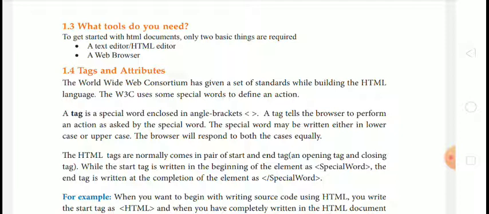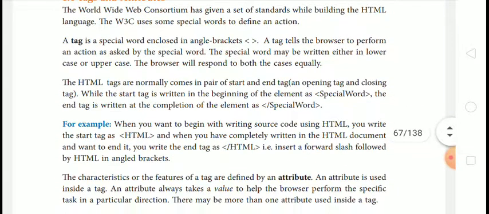First is a text editor or HTML editor, and the second is a web browser. Means the two things that we require are a text editor or HTML editor and a web browser.